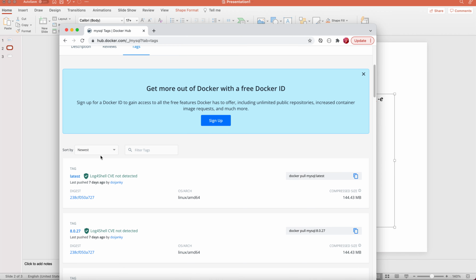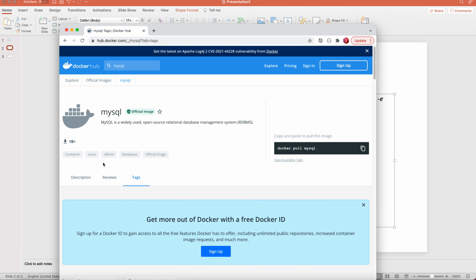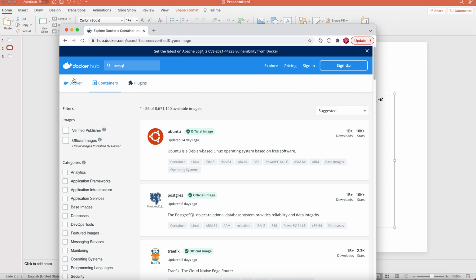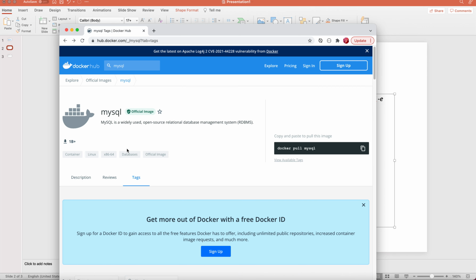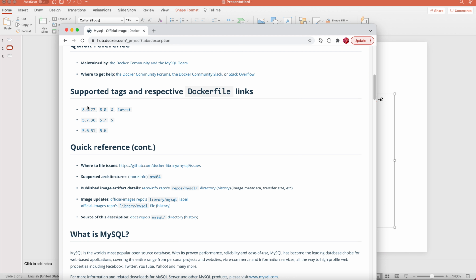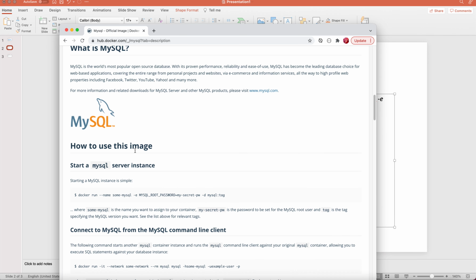So this gives the information about which MySQL we need. Let's go back again to MySQL, to the description, and we can see the different versions. Let's say I need 8.0.27. If I click there, or let's see some more information here,